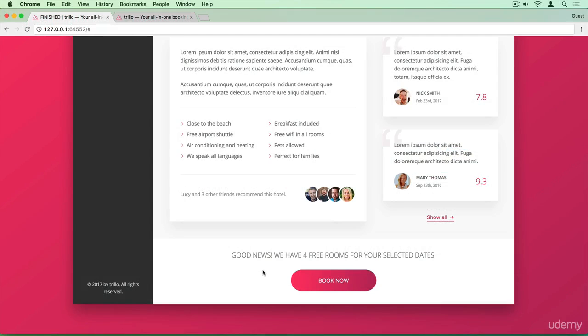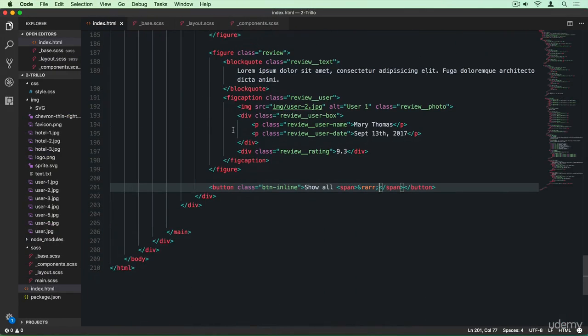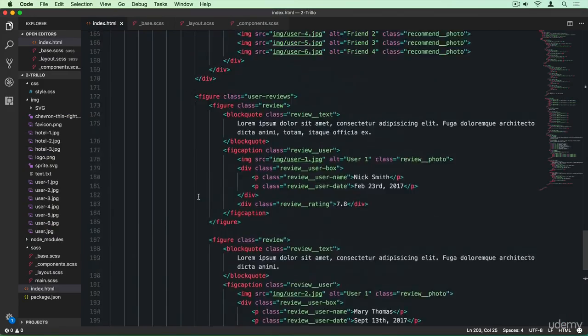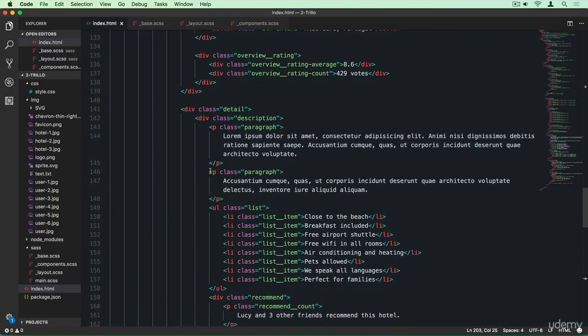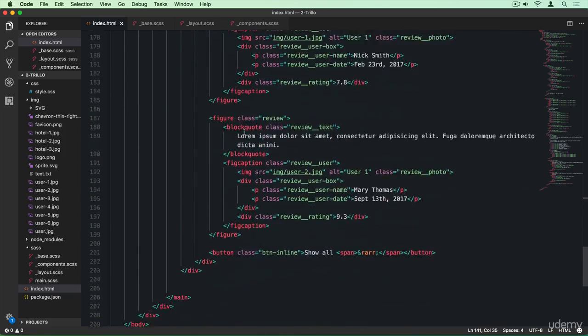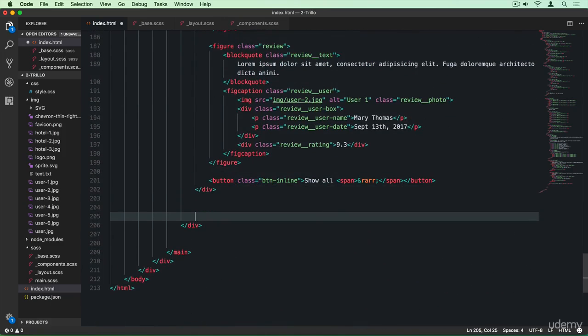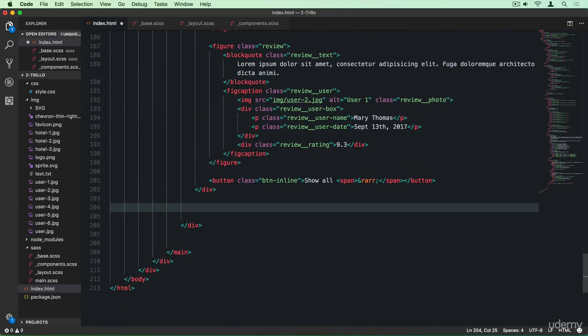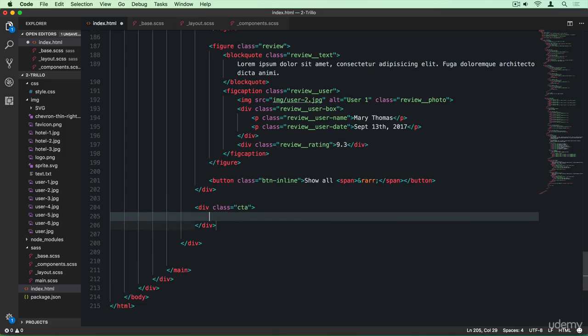So that here is the call to action section that we're gonna code now. It has this text here, which is an H2 element, and then this button that I was talking about. But let's for now take care of the overall formatting of the section and of this heading element. So right here is where we have to put our call to action section: a div with the CTA class, short for call to action. In here we have the H2, which I'm going to call CTA